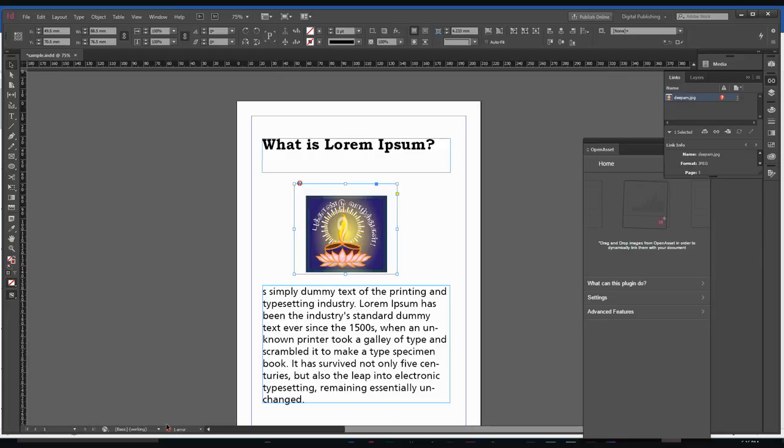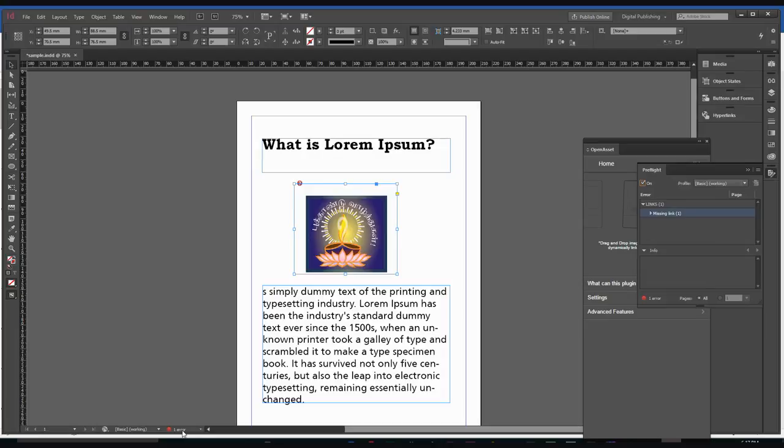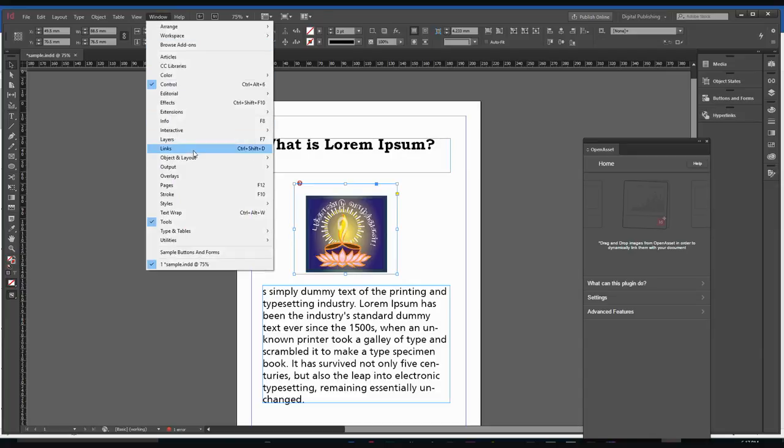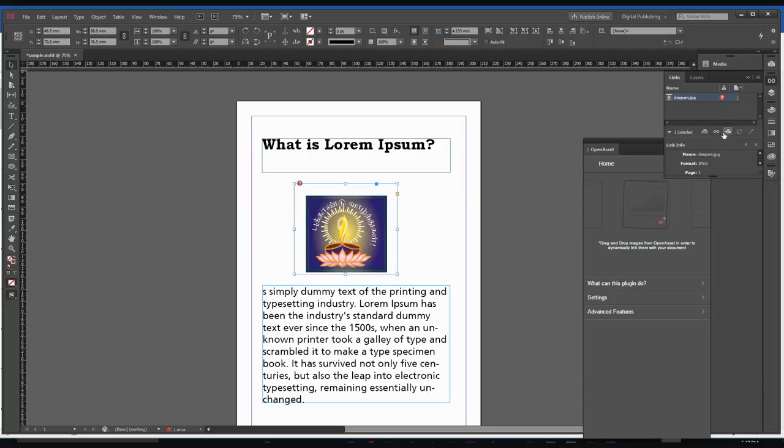and I have this error message. So before even saving the file to send it to me or to someone, you pay attention to these things. And if you click on this red button, it will show you what is wrong. Missing link, that means the picture is missing. So what do you do? You need to go back to the link panel and